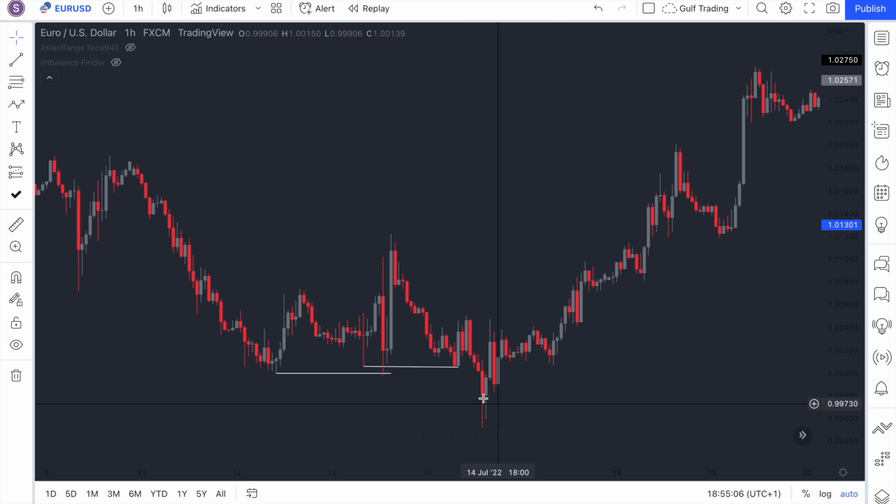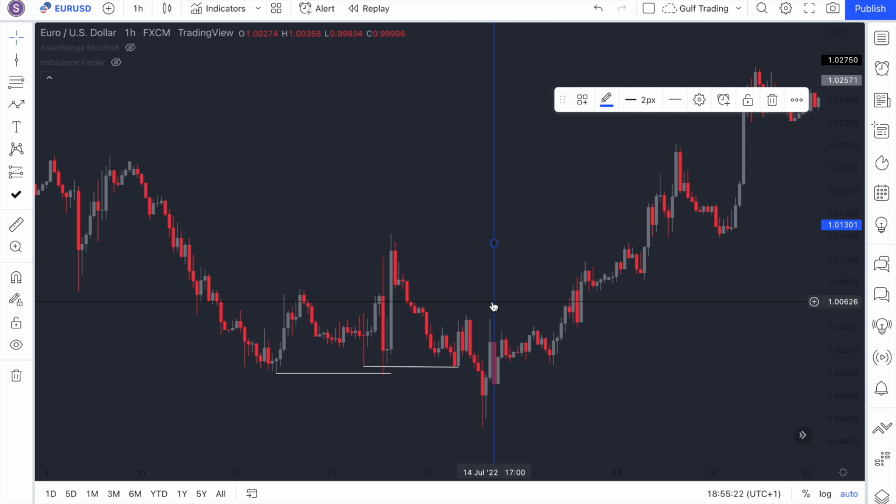Okay, so now you've got your bias. Liquidity's been taken out and pushed to the upside. Your bias should now be bullish. So what you can do is go to the lower time frames and look for entries. So it's probably confirmed bullish around at the close of this candle, the close of the last bullish candle. So if I just